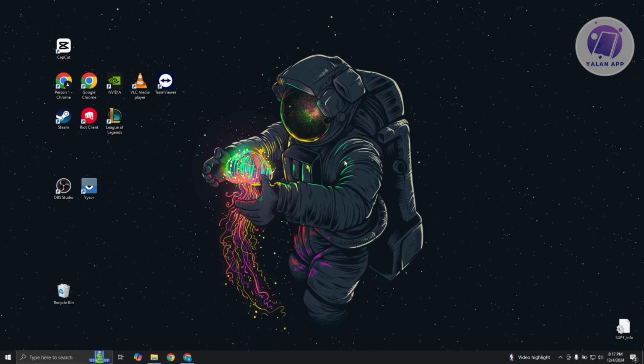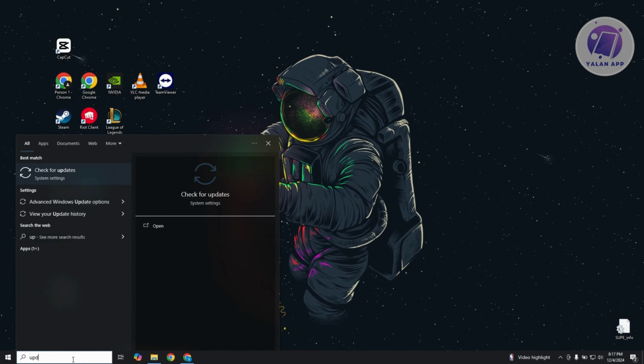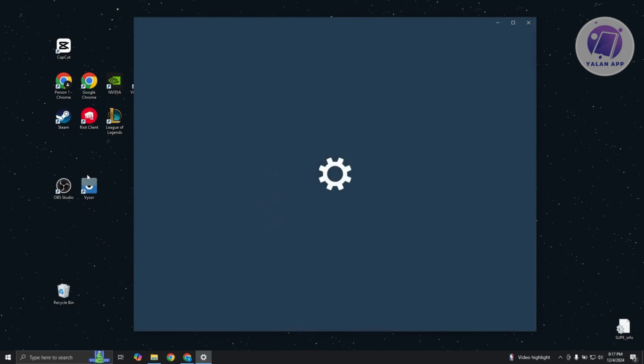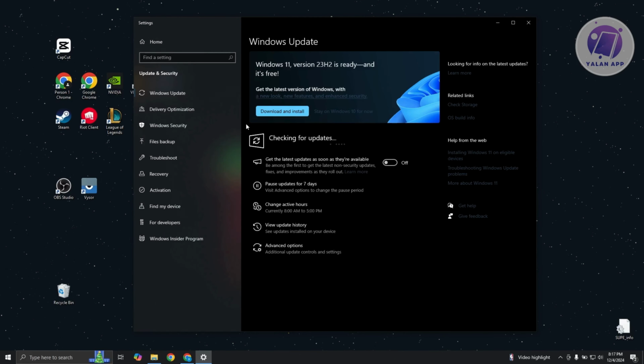But if that doesn't work, the next thing you want to do is make sure that some of the components are up to date. First, make sure that Windows is up to date. At the bottom left of your screen, click on the type here to search and type in update, and click on check for updates. Now wait for it to check for updates, and if you do see some, go ahead and install them, restart your PC,